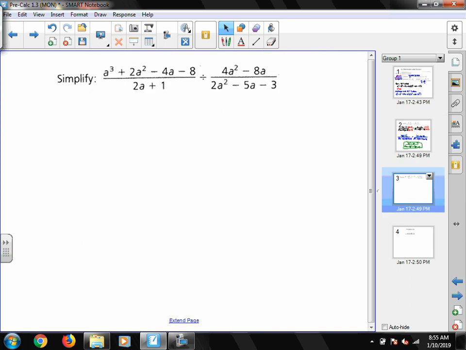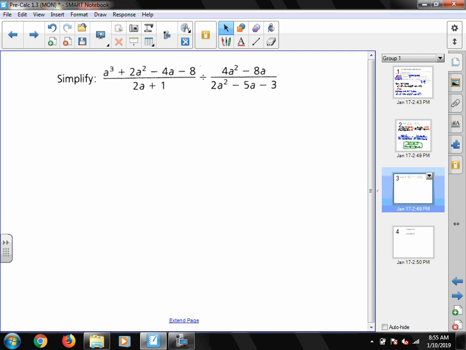So, looking at another example here, this first. Right away, I see I'm working with a division problem. So, right away, what I want to do, I'm going to factor right away. You guys can do this without factoring right away, but I like to make things as easy on myself as